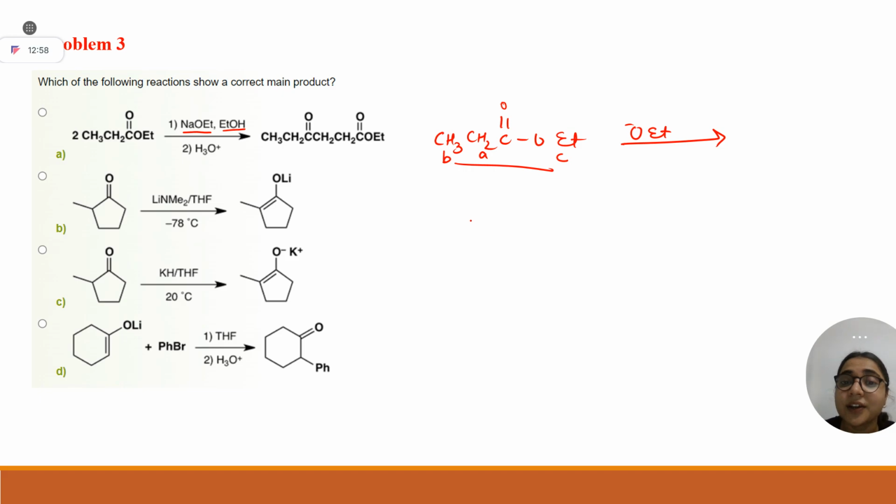I'm asking which is most acidic proton in this? Ma'am, A. Obviously A, CH2 next to the CO. So this proton will be more acidic as it is attached to alpha carbon, right? This can do conjugation with this oxygen. Therefore, what you will get is,